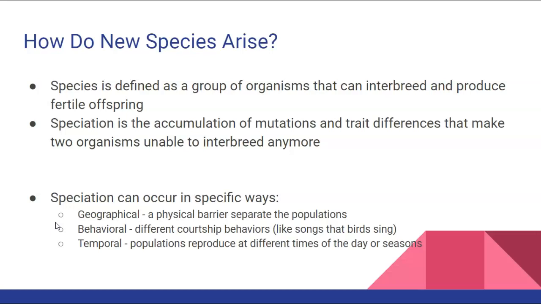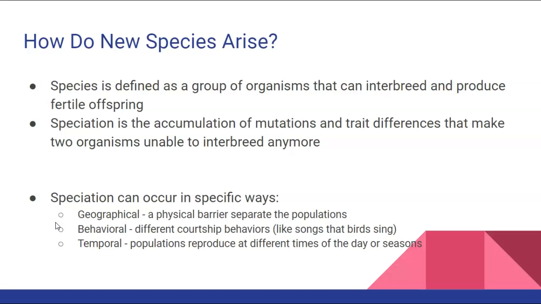So when speciation occurs, it is the production of two or more species that can no longer interbreed, or they could interbreed but cannot produce fertile offspring. Okay, that's the key there, the fertile offspring. They need to produce offspring that can also have offspring. Now, there's a number of ways that speciation can occur, but we're going to talk about 3 very specific ways: